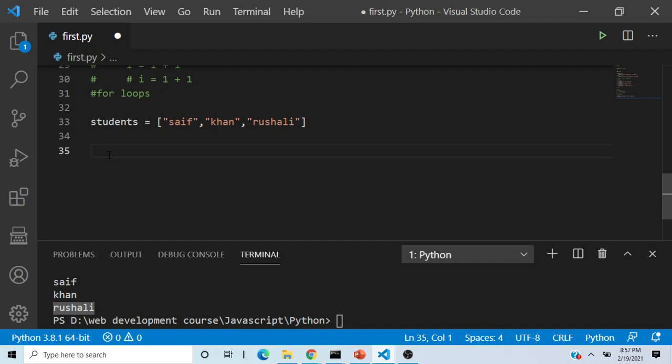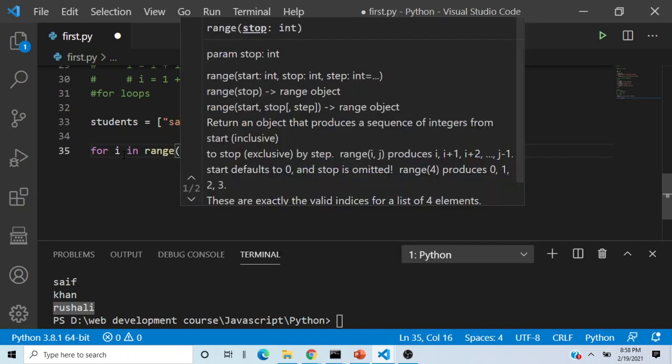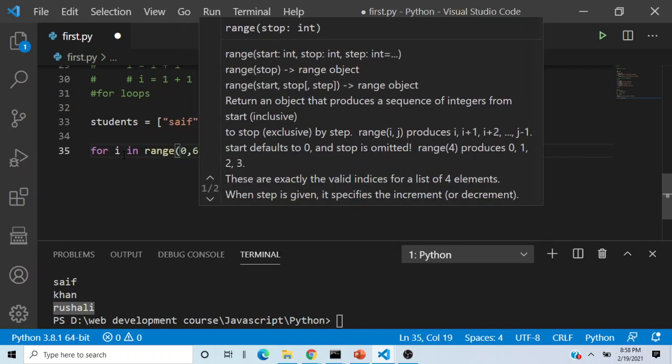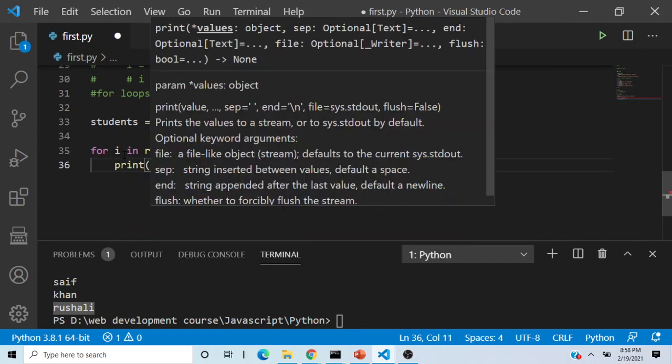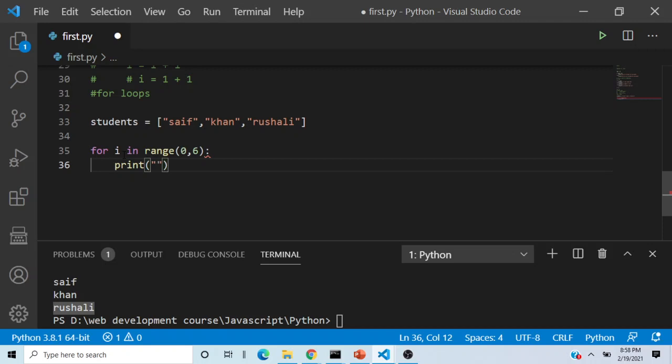Suppose I wanted to print Saif 6-7 times, I can do so by writing for i in range of 0 to 6, and I will write print over here,